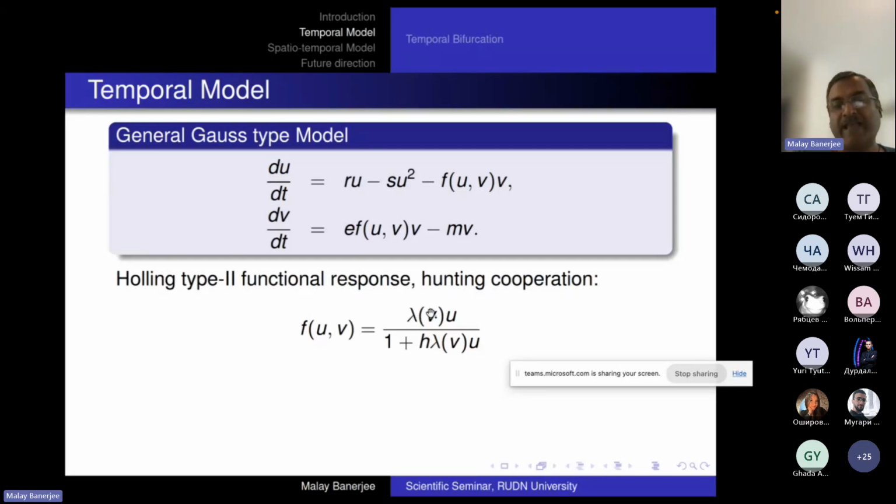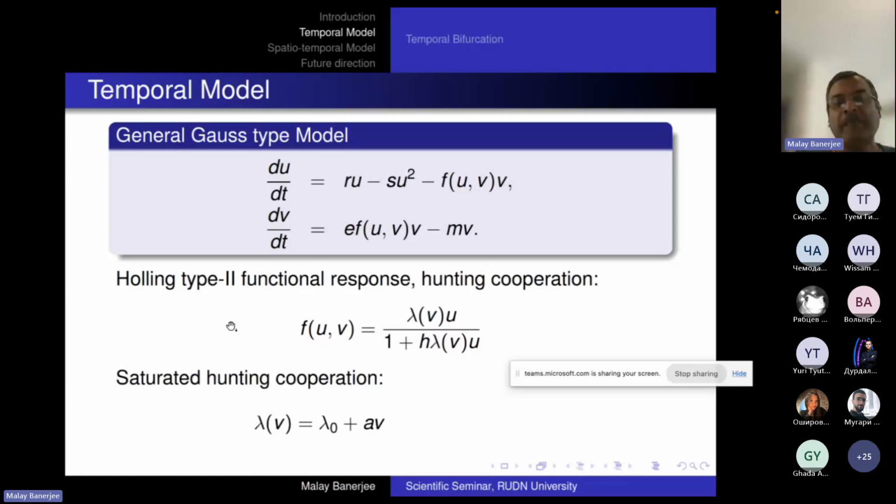And what is the basic assumption here? If the predator population is quite low, so there is not enough size of the group, there might be less chance of success in catching a prey. But once there is a large group of predators, they will be successfully able to find and catch the prey. This type of model was first introduced by Berek and then analyzed in detail for the temporal part by